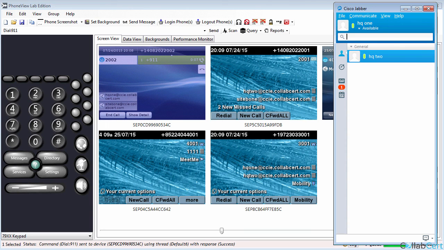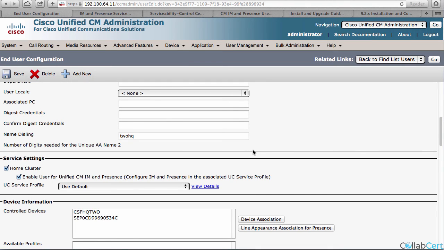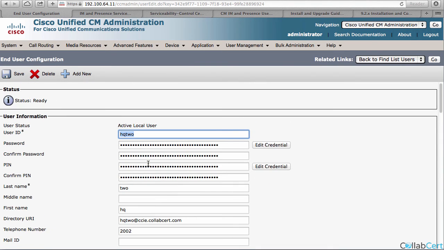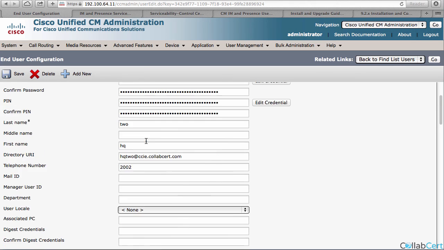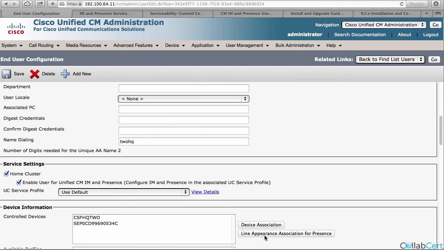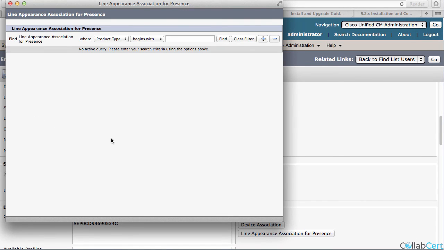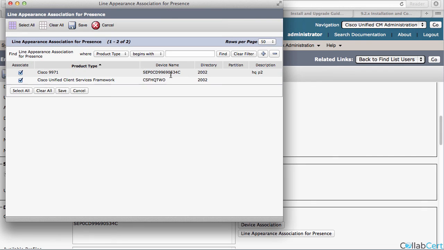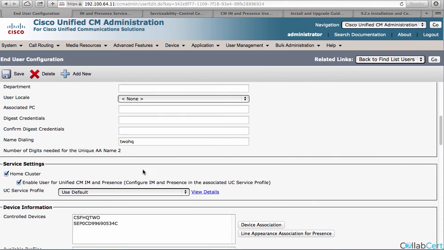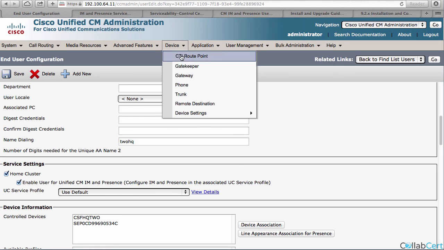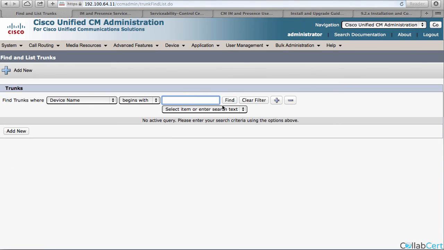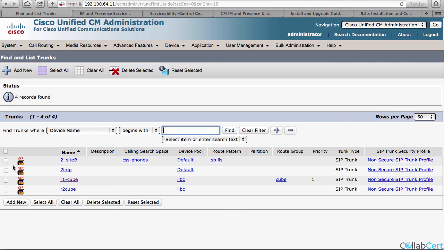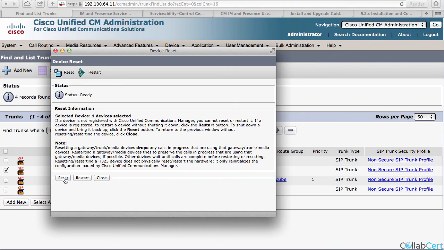This is where we come back to our SIP trunk and line association. So on HQ phone 2, HQ2 end user, we've got to make sure we have that line appearance. 2002 is there, ignore the CSF. Okay, so that must be there. And then we've got to reset the SIP trunk as well, the one that's pointing to the presence. And then the final thing we have to do